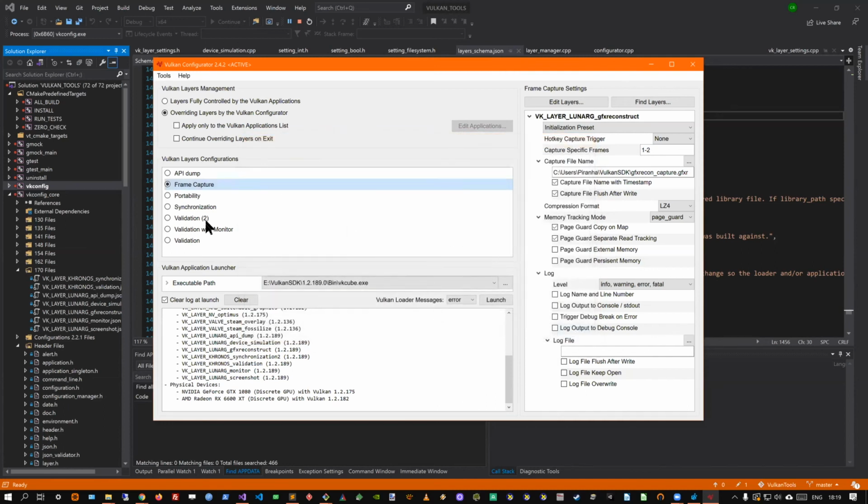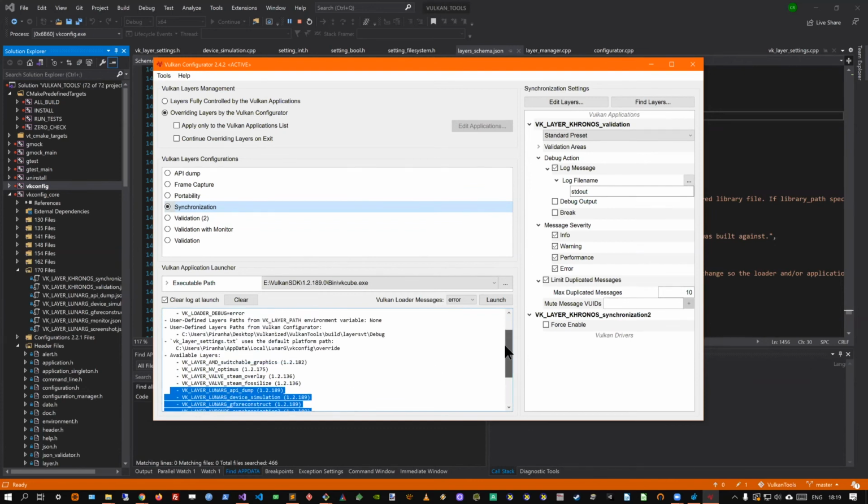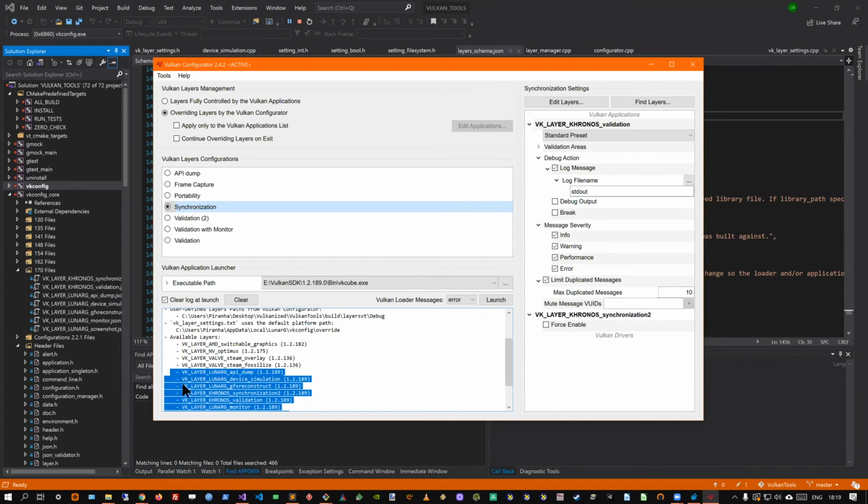And what we should see, if I'm going back here, in the log window, each time we reload the layer, it will show the list of available layers, and we can see the version. I know it's the last SDK. Oh yes, okay, so it's expected. It turns out that the version I have for the layers is the same as the last SDK, so we can't really differentiate both.